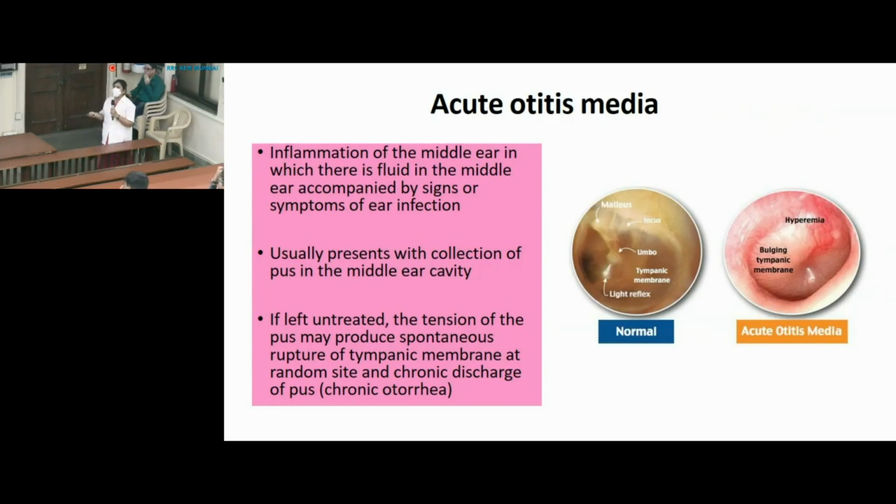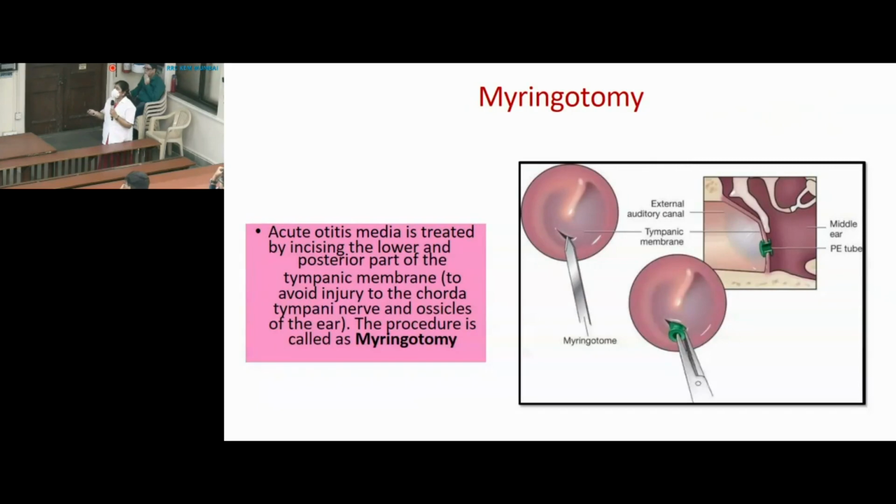And where should it be done? It should be done in the posterior-inferior quadrant of the tympanic membrane. Antero-inferior, why do we spare it? Because that will help you see different parts. The cone of light is the important landmark. What is present in the upper part? The ear ossicles. There are muscles, ear ossicles. So to avoid damage to these structures, it is usually performed in the posterior-inferior quadrant of the tympanic membrane. Myringotomy is the procedure for drainage of pus in case of otitis media. So one of the competencies was to explain the anatomical basis of myringotomy. Okay, that you should know.